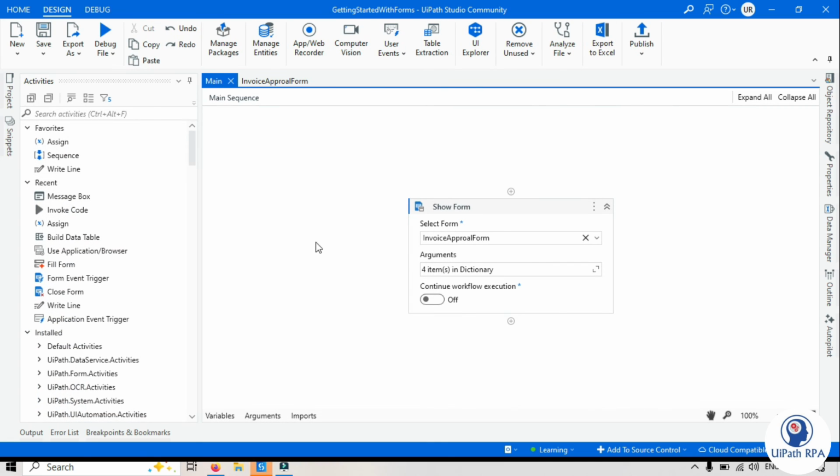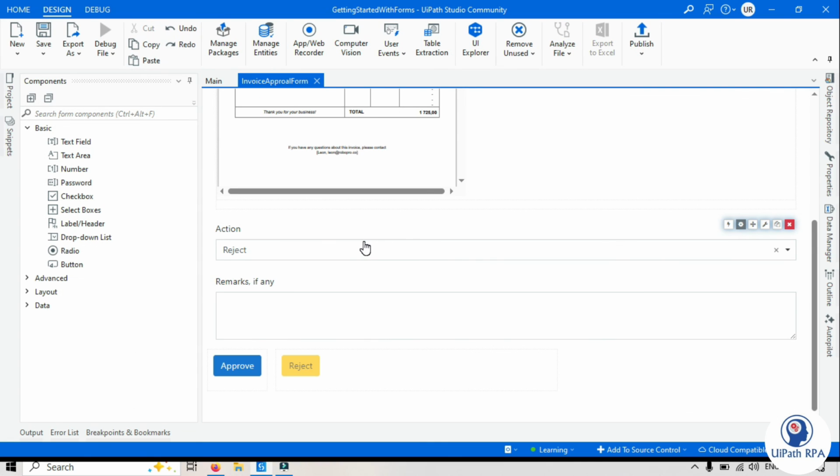So this is rejected. You have now learned how to use conditional components in UiPath Forms with both simple and advanced conditions. I hope this example of an invoice approval process gave you a clear understanding of how to build